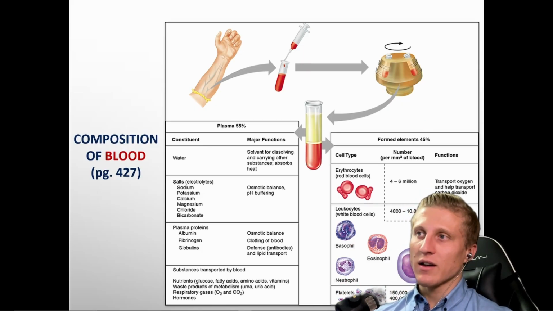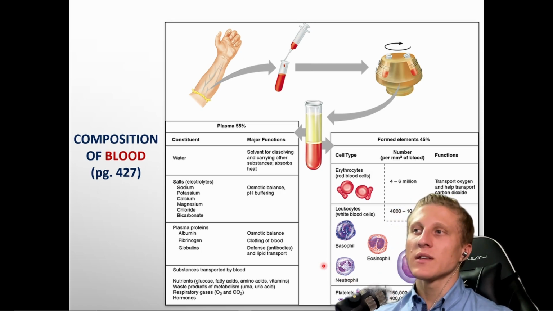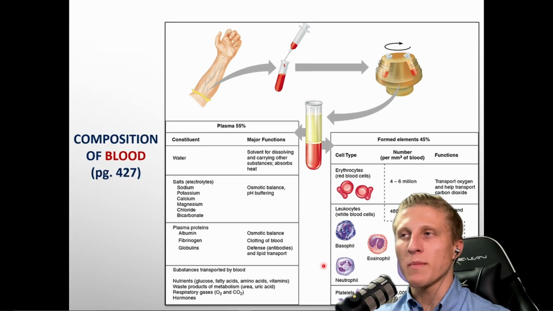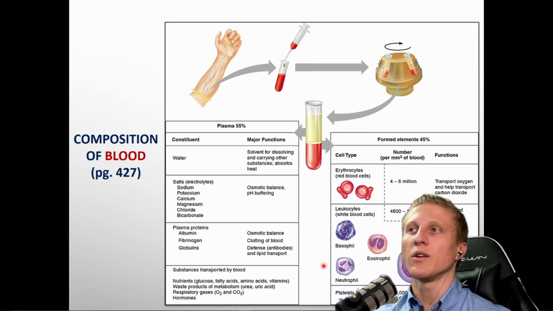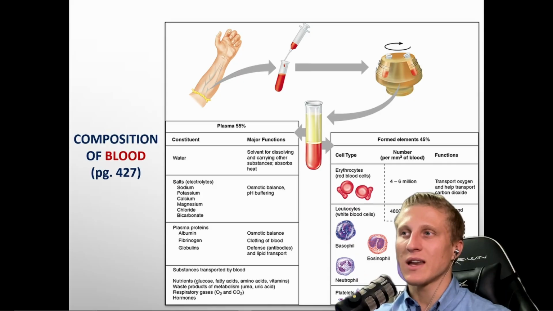And then lastly, our third category in terms of our formed elements are these things called platelets. Platelets are basically just tiny little fragments of cells. The cells that they come from are called megakaryocytes. You might need to know that term. And megakaryocytes are very large cells, and when they've reached maturity, they'll commit apoptosis. They'll break off into tiny little pieces, and these tiny little pieces form the platelets, and the platelets are going to be the main